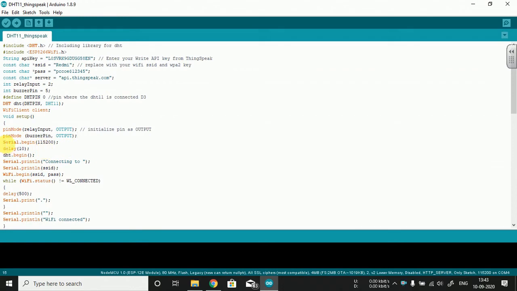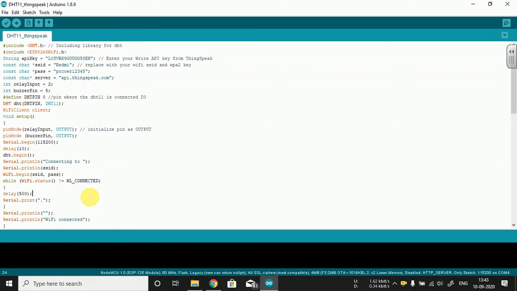This particular code will initially try to connect to the Wi-Fi. It tries to connect to the respective SSID, that is the hotspot, with the help of credentials such as the SSID and password. If your password matches perfectly, then we can say it is connected to the Wi-Fi.